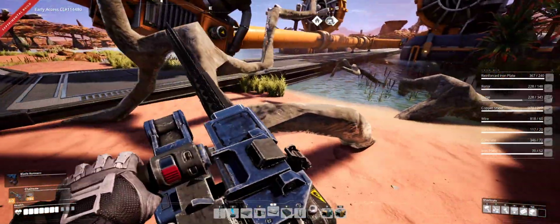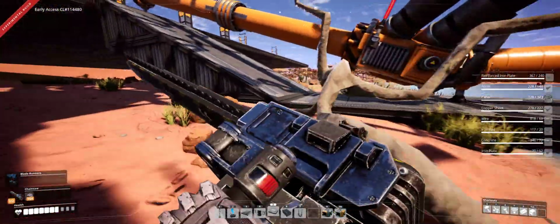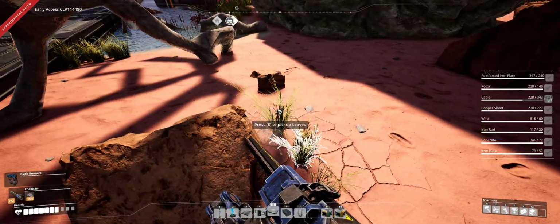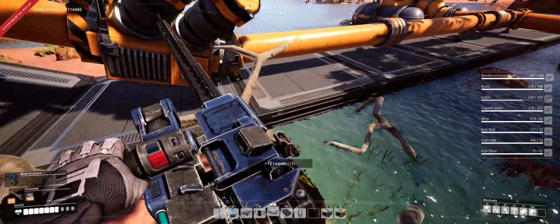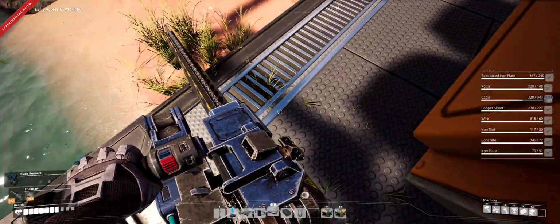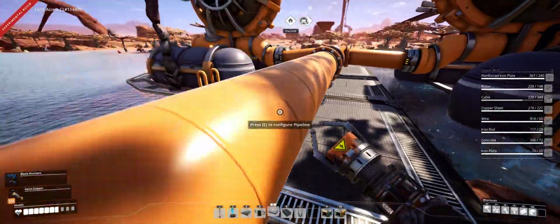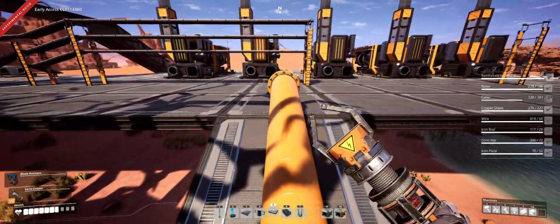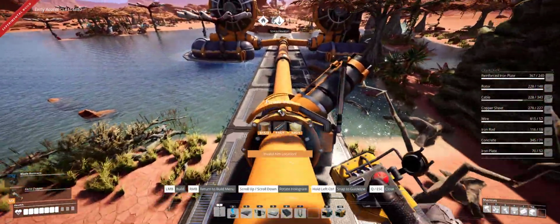This is really annoying. Is there any way to? No, these are roots, I guess. Sometimes if you use the chainsaw on vegetation near these obstructions it helps, but in this case it's not going to work. So we'll need to power this up. Put a power pole here. And then